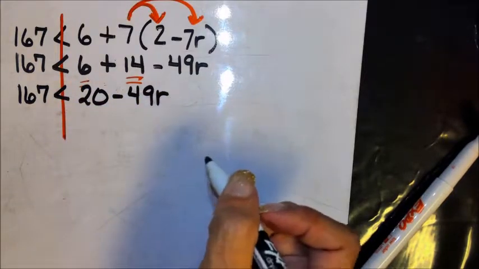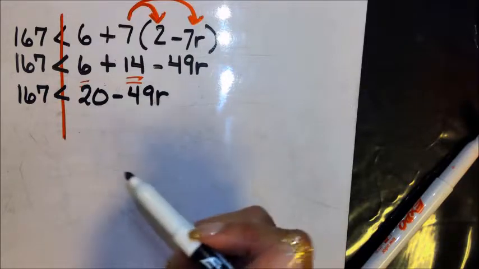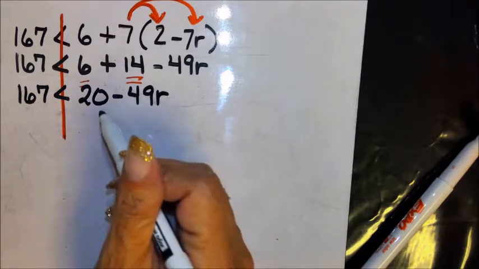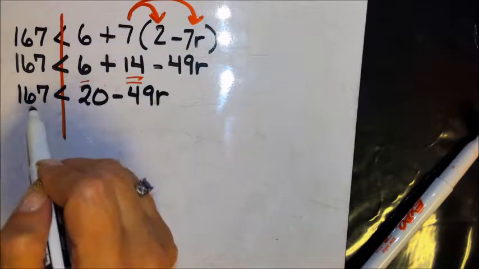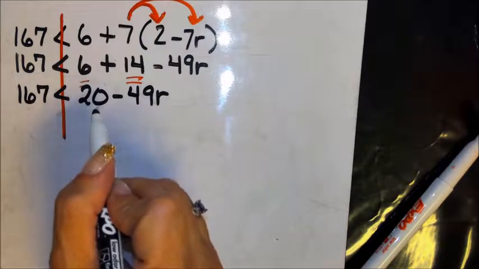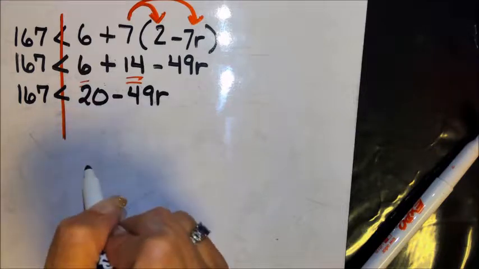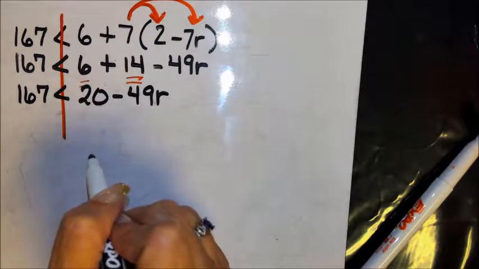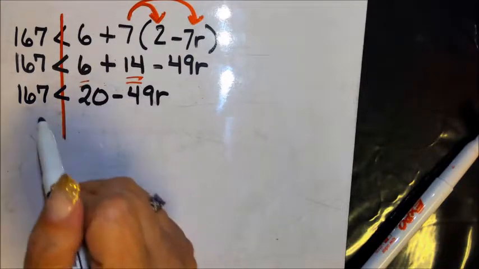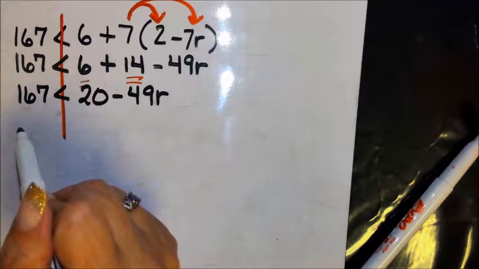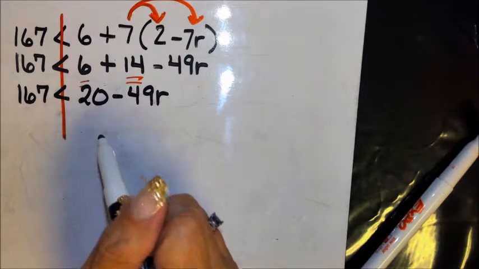Now here's what you need to do. I'm going to talk you through it and let you do it. I need to move this 20 over here. It's positive, so I'm going to subtract 20 from both sides. Okay, so do that. After you subtract the 20, you're going to have 14 over here less than negative 100